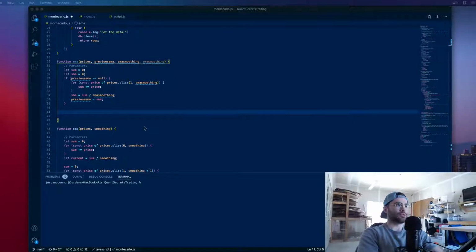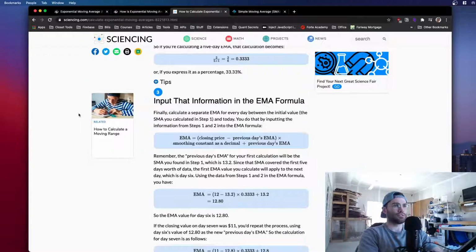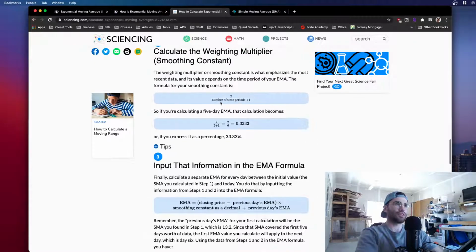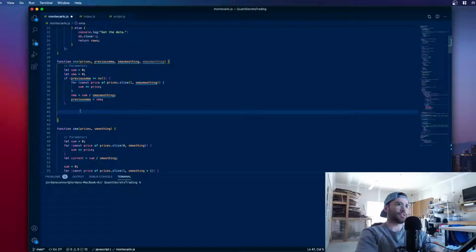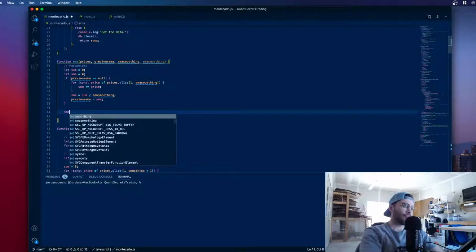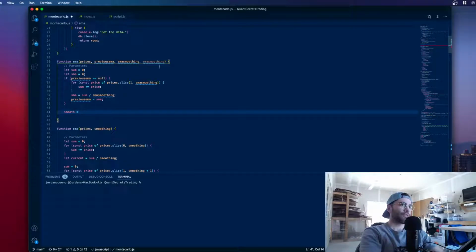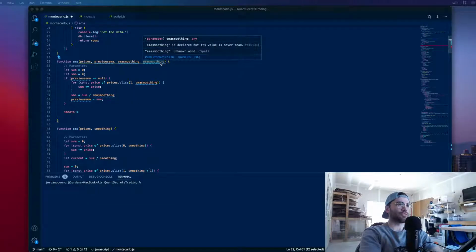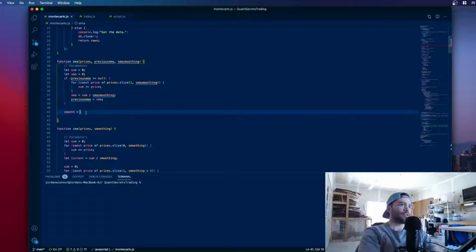And now I should be able to do today's closing price. Or in my case, I'm going to do the open price minus the previous day's EMA, so the previous time period's EMA. Smoothing constant as a decimal. And the smoothing constant is 2 over the number of time periods. So I'll say smooth equals. This smoothing constant is actually just going to be based on the number of time periods. So smoothing is going to be 2 over